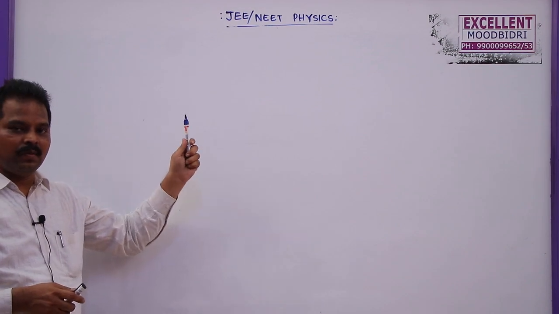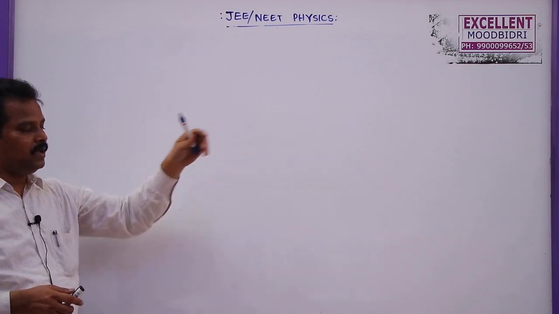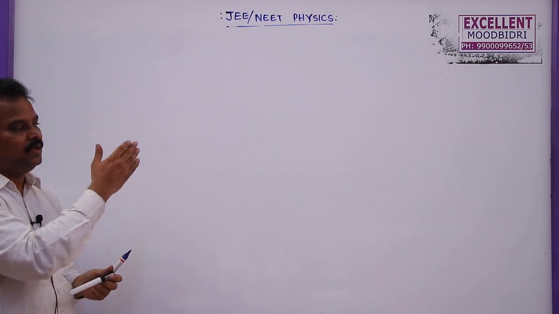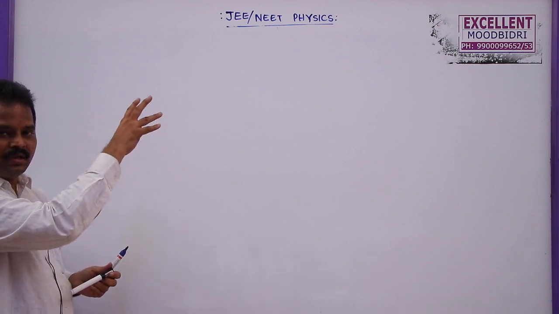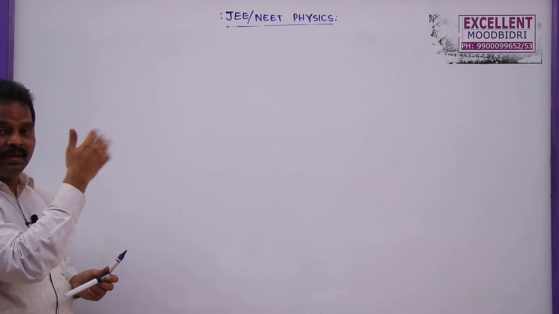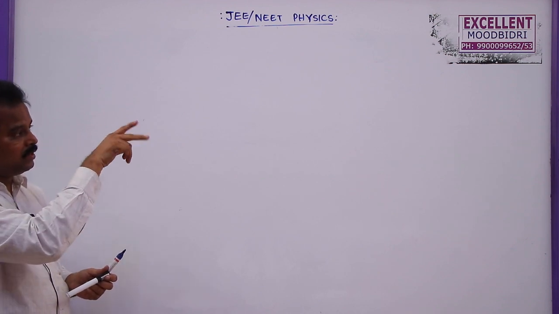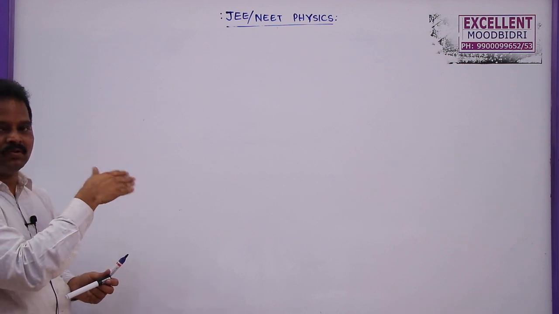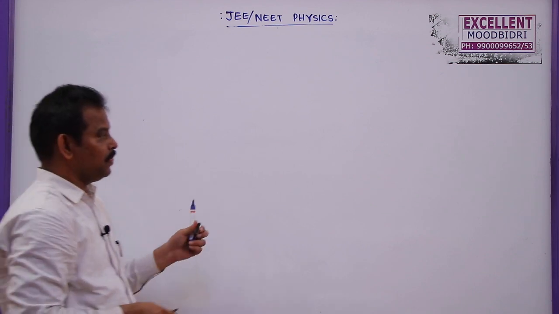It is easy to solve problems if the Wheatstone bridge is a balanced Wheatstone bridge. Why? Because P by Q will become R by S. The intermediate resistance can be neglected. Then resistance in the upper branch will be P plus Q. Resistance in the lower branch R plus S.